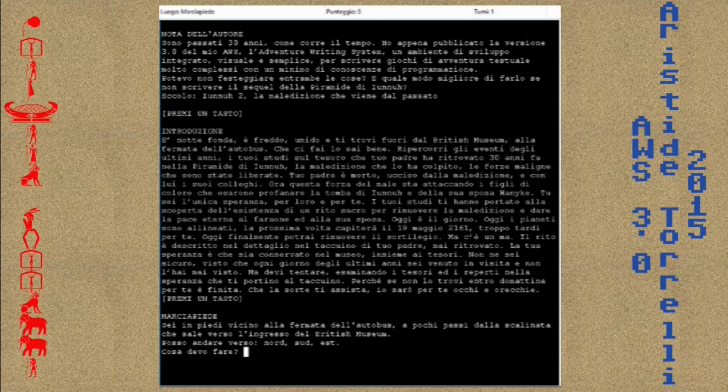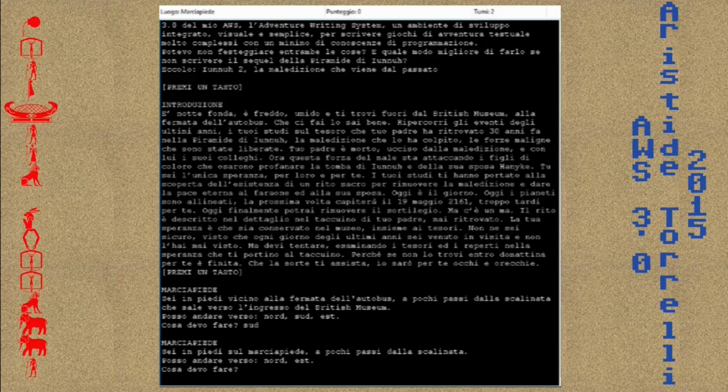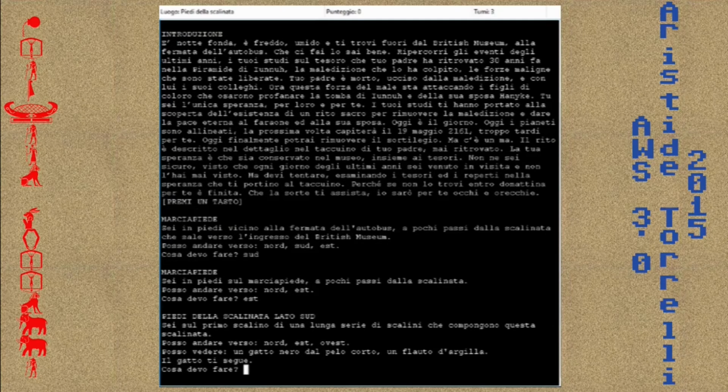So it runs in a window, you can change the font, you can change the colours, so it's quite easy to use. And the files come in two forms. There's the standard form, AWS, and there's also an encoded form, which means you can't cheat. So the program can read it, but you as a person can't just open it in Notepad and have a look. And it's full of lovely little Easter eggs for fans of the original.